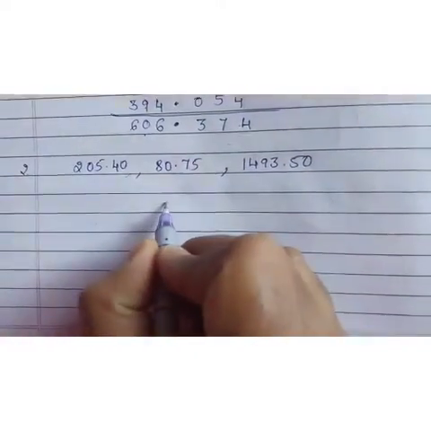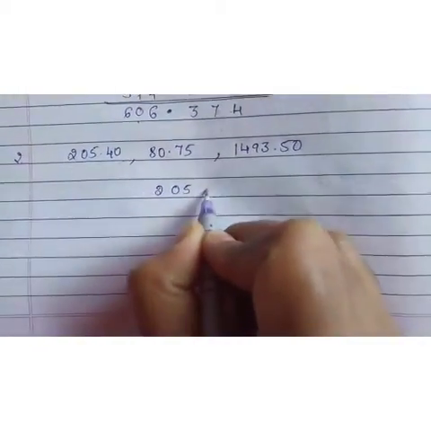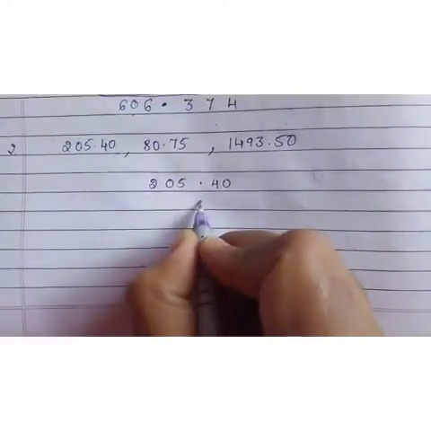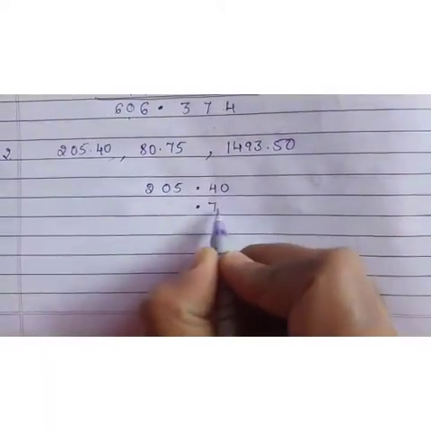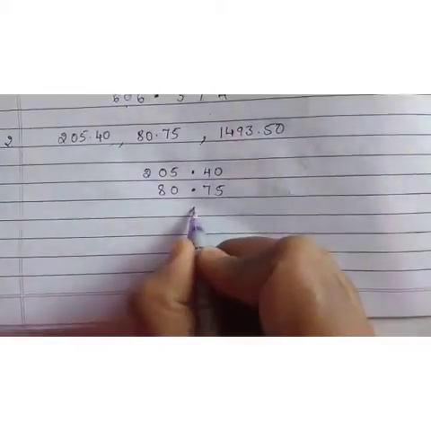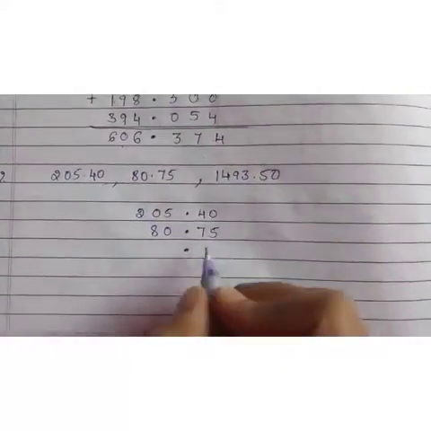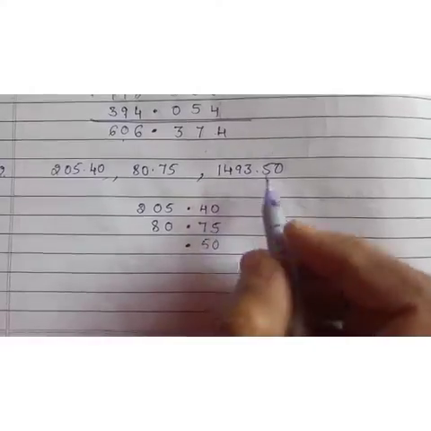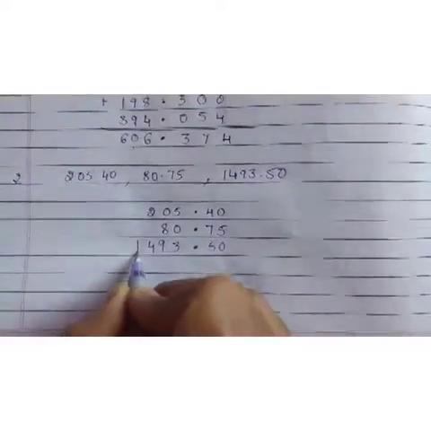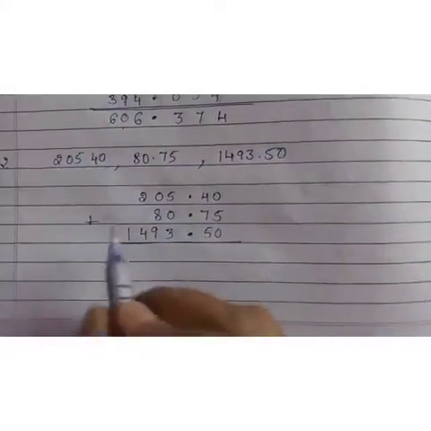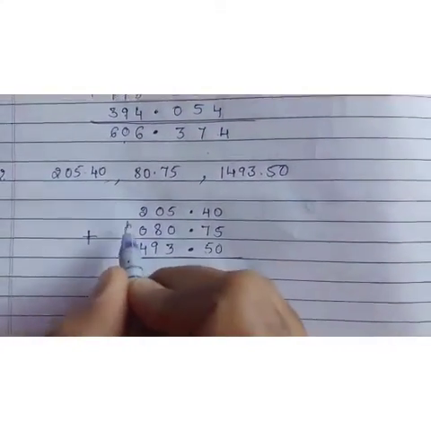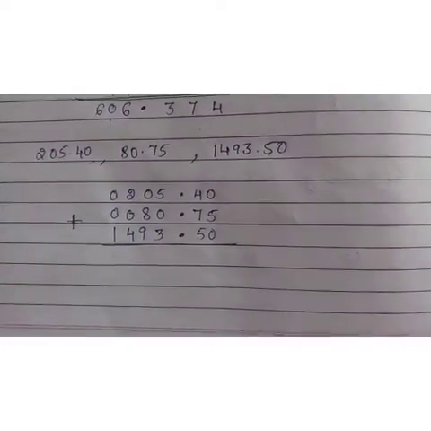So children, I have taken another example here for addition. Now same procedure you have to follow. Write the number as it is, followed with a decimal number which will come just one below the other. Place a decimal point one below the other. Here we have 75, and before that we have 80, that is 80.75. Next number, place the decimal point 50. Next we have 1493.941. Now add it. If you are not finding it easy, what you do? Place 0 so that all the three numbers become the like decimals.